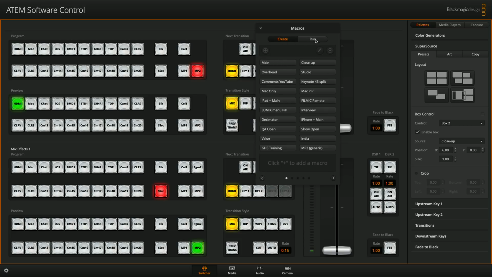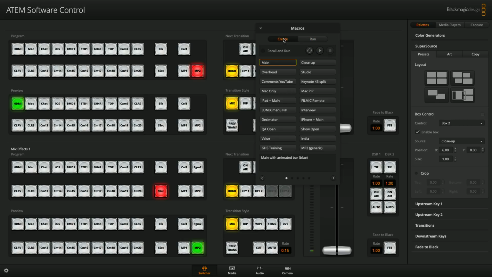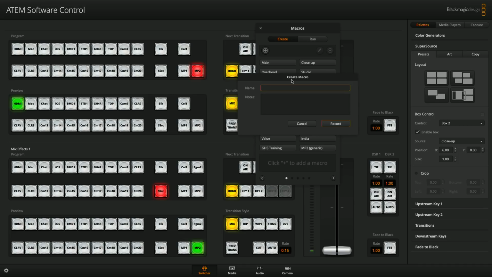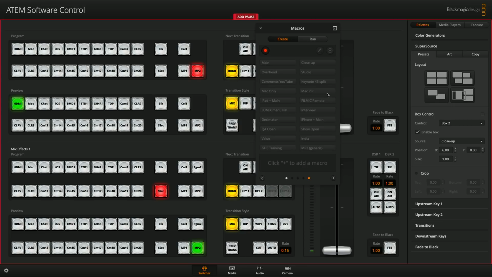Oh, it's running a macro right now. Stop. Okay, go to create plus, and we're going to call this LED split. Split. There we go, so I can find it later. And now it's recording. So now I have to turn everything basically on and off that I want it to